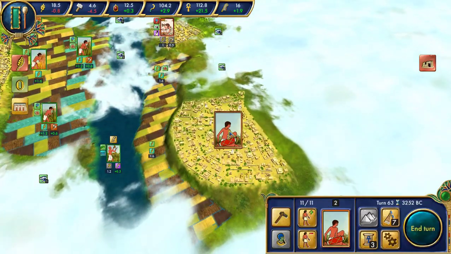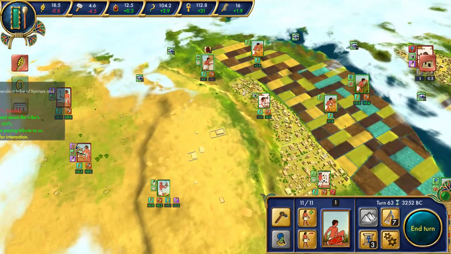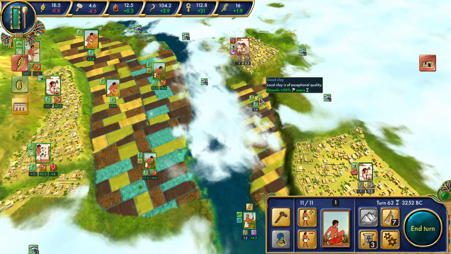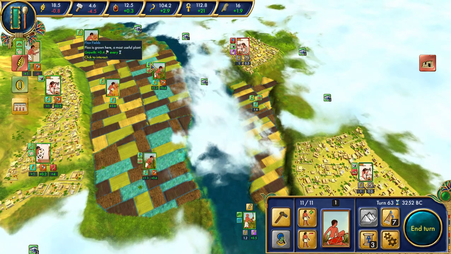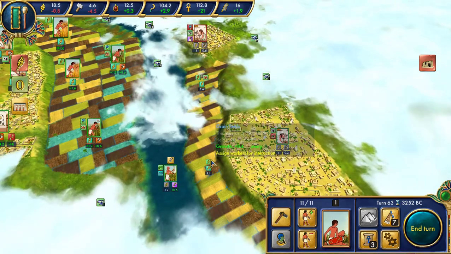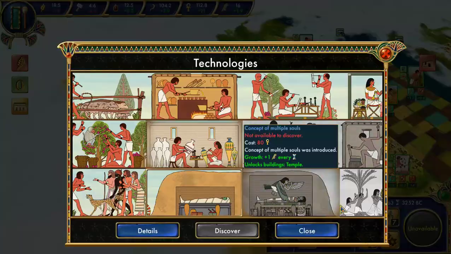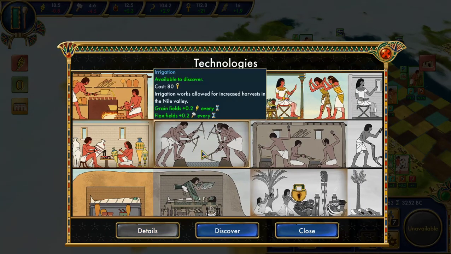Alright, gonna have to fix this. Good clay. And this, again, would be a better place to have flax. We're doing okay here. Alright, so we've got